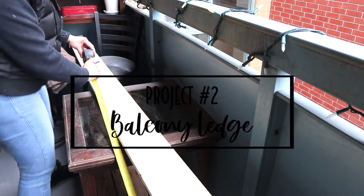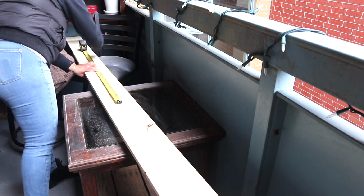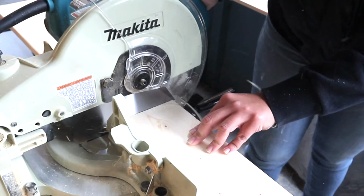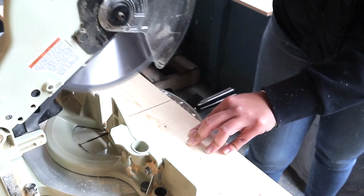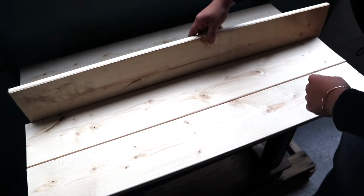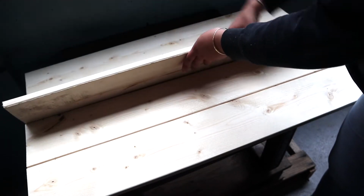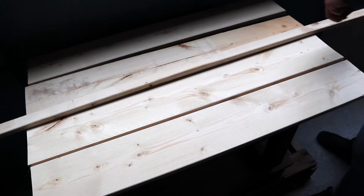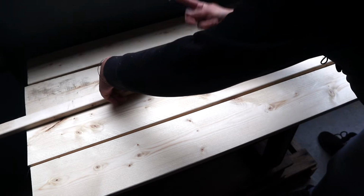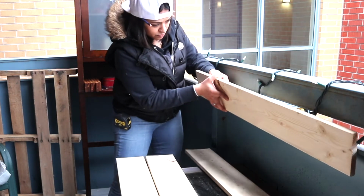Okay, and to the next project. I started off by cutting 4 pieces at 3 feet. And you can see here, so I have the 4 pieces, and then I went in, also these ones are 1 by 6, and the small one I'm about to cut, that one is 1 by 3, I believe, or 1 by 2. However, I did not end up using that one because this is where we changed the model